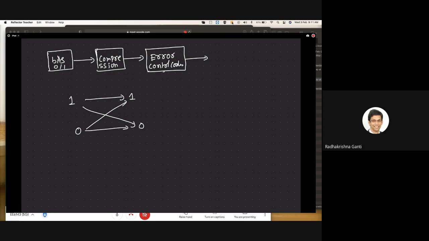The channel introduces noise. We're going to look at that in a minute. Because of these impairments, your information is going to get corrupted. So the job of the error control code is to make sure that you can recover even if there are errors in the channel, at decoding. One of the simplest error control codes is called the repetition code.